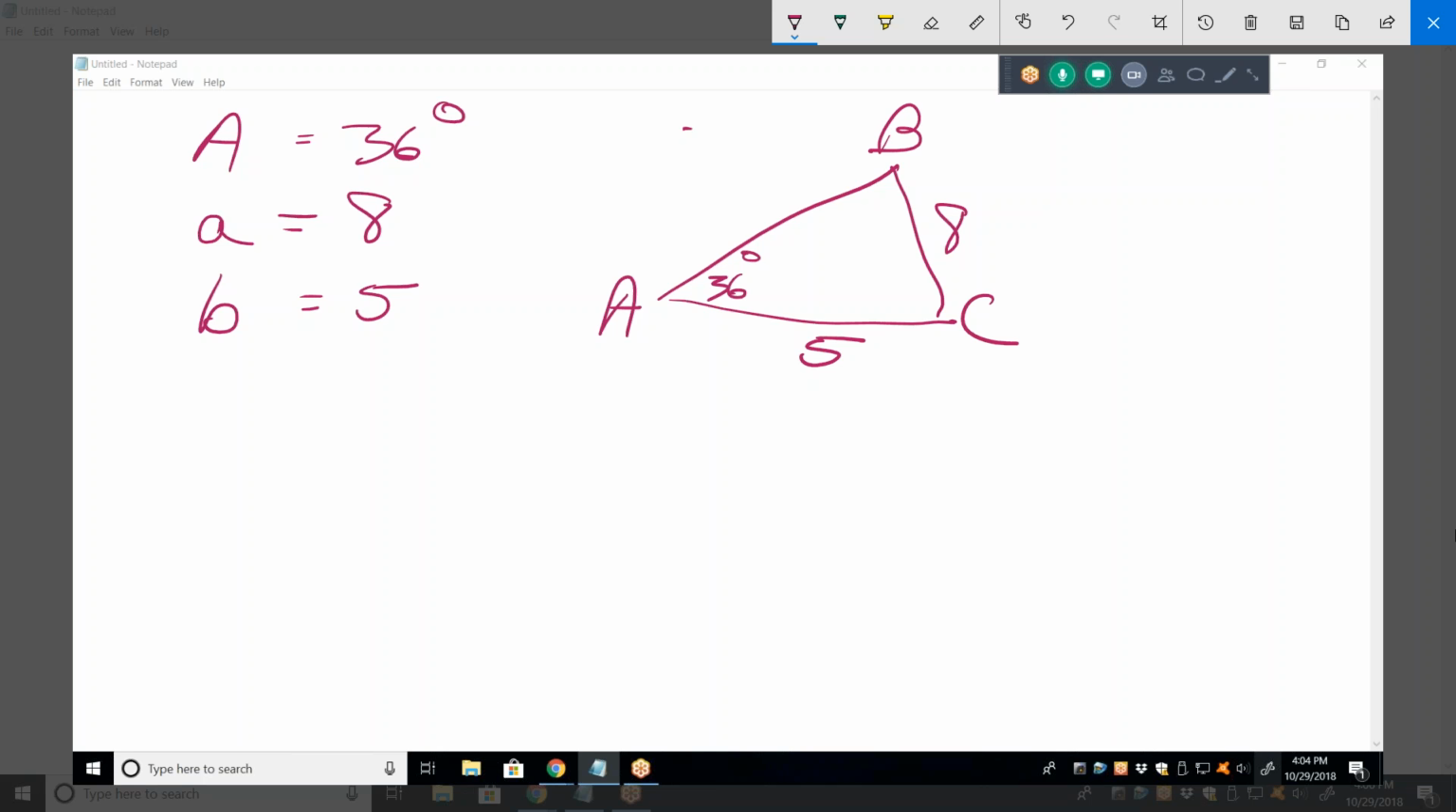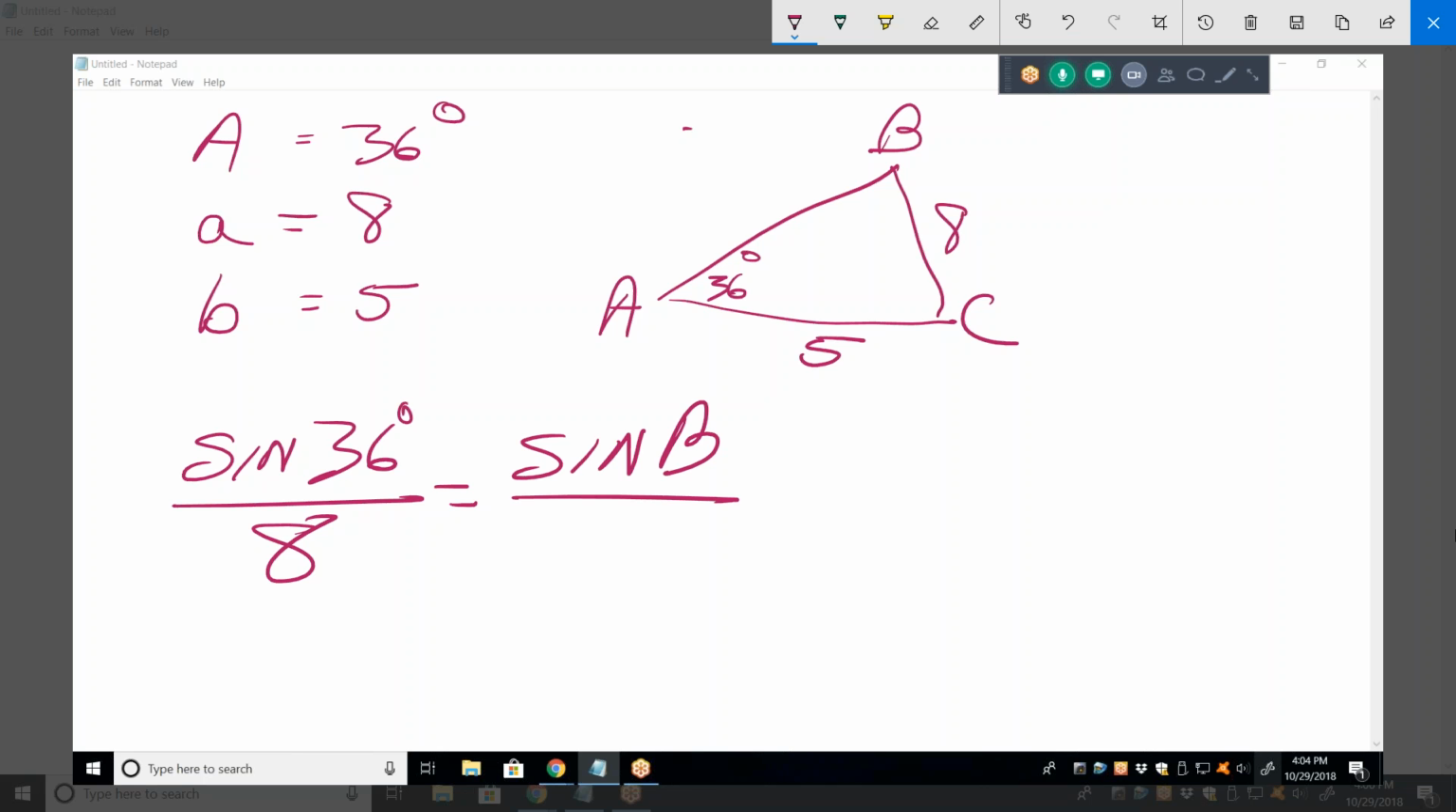The law of sines says the sine of an angle versus its opposite side is a constant in any triangle. So I can say that the sine of 36 degrees divided by 8 equals sine B over 5. So if I solve this, multiply both sides by 5,